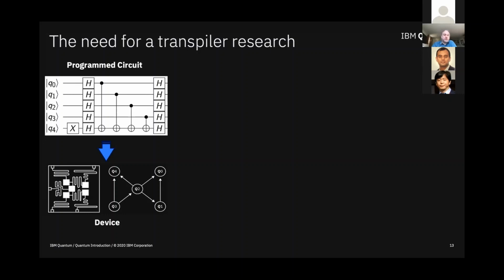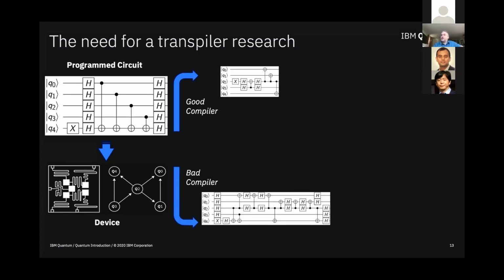And I need to do 2 different types of adaptation. First of all, my generic circuit might have any quantum gate imaginable. My hardware can probably only do a subset of those, hopefully a universal subset. And so I need to map the gates to gates my hardware can actually do. Secondly, I need to map the topology of that circuit into the topology of my actual hardware. And again, I think we're going to have some talks on the details of this later on.